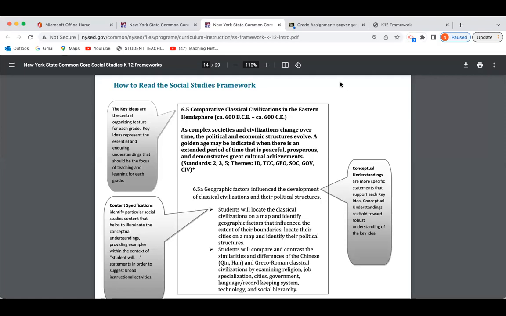Today, I wanted to take the opportunity to talk about how to connect National History Day to the New York State K-12 framework for social studies. I think that